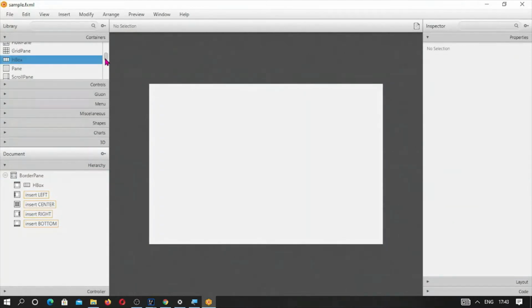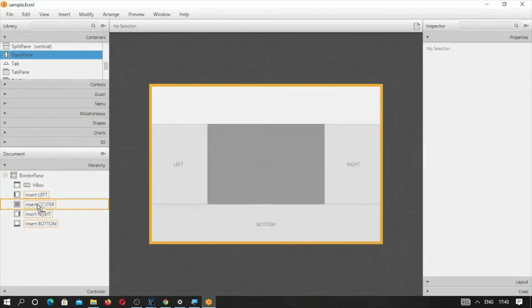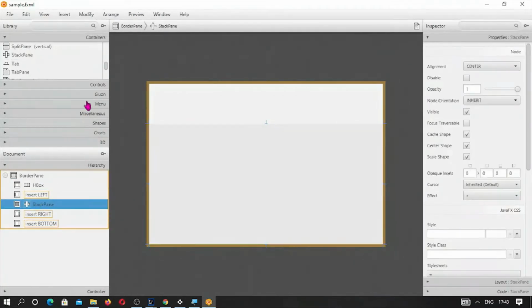We have to take a stack pane. A stack pane is a pane where we can pile up all the required nodes. So here it is, the stack pane. This will go in the center, and after that we will take a media view.